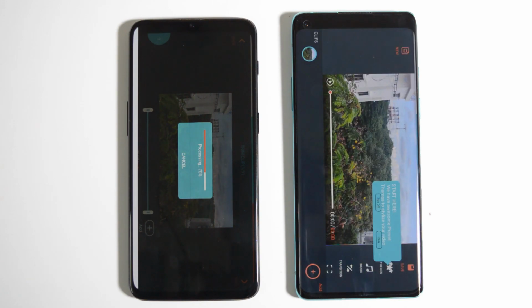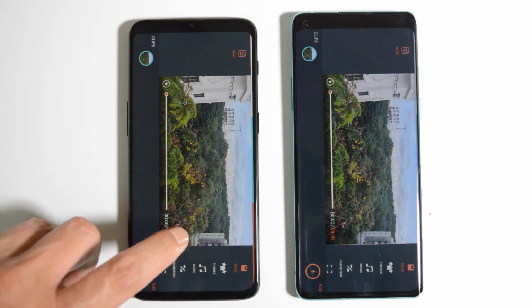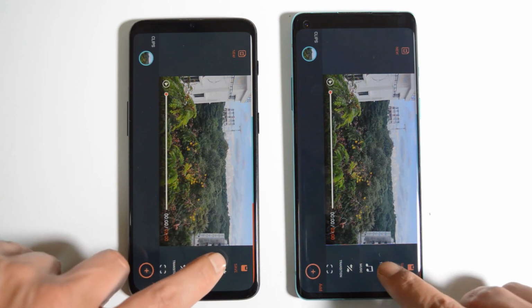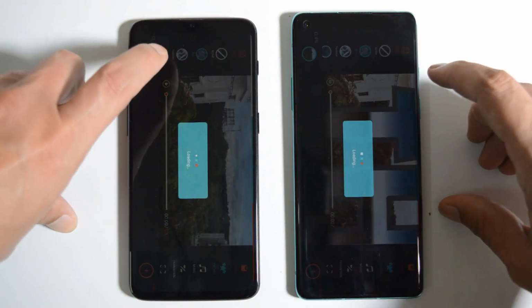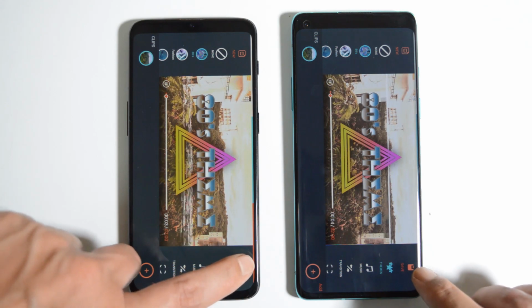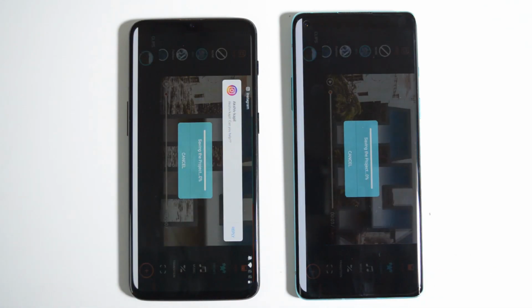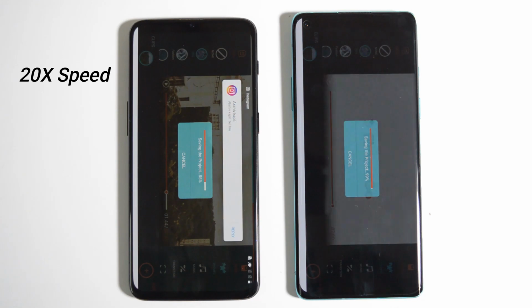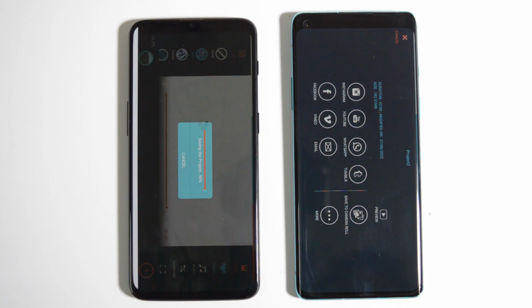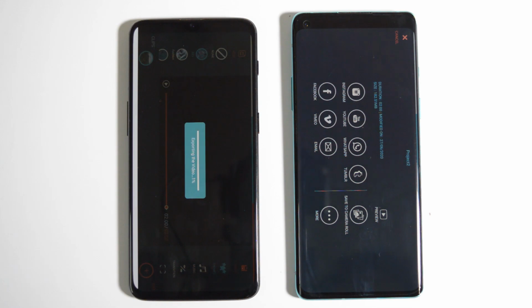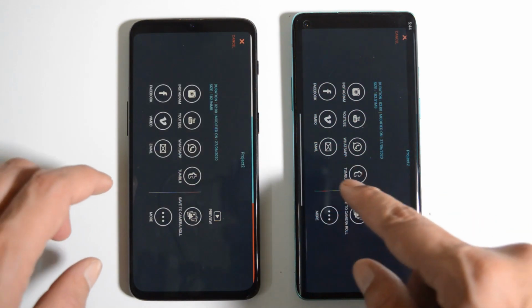Here OnePlus 8 takes the lead in adding the video first, wherein OnePlus 6T is still at 75%. OnePlus 6T takes around 30 seconds extra. Now let's add the same theme on the video. And now we'll save it in 3, 2 and 1. And here again OnePlus 8 takes the lead, followed by OnePlus 6T with a margin of around 10 to 12 seconds. We'll leave this application also running in the background.